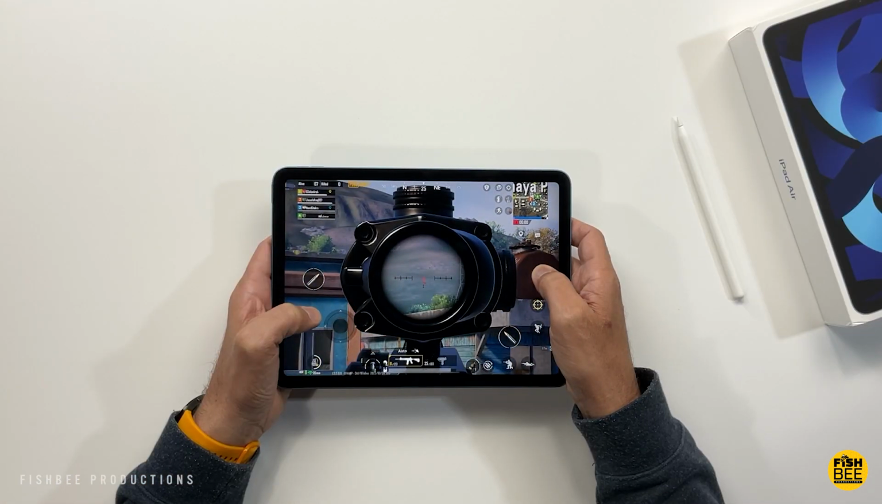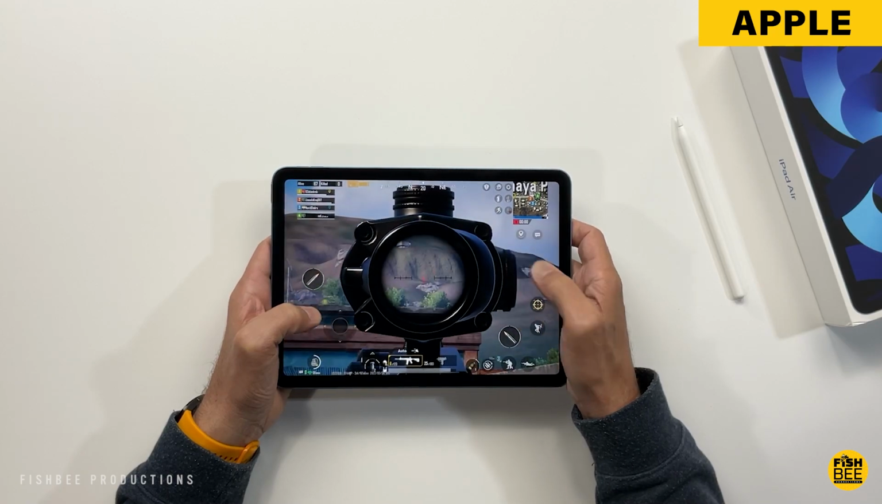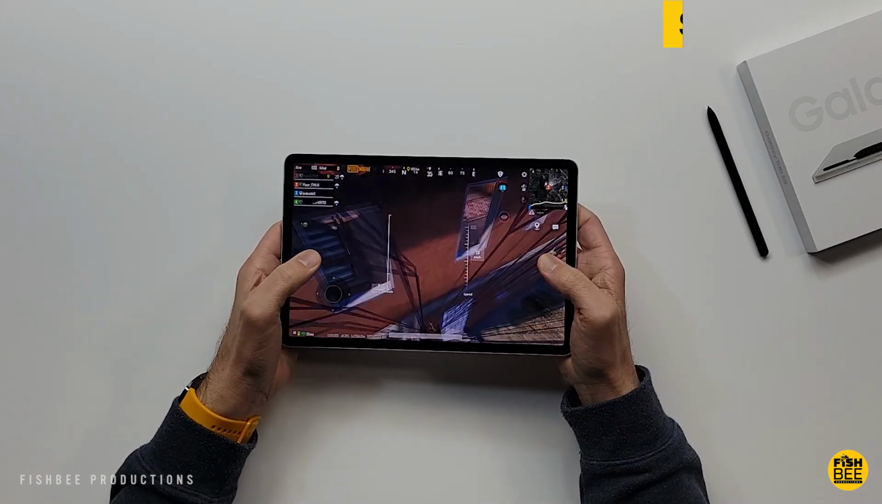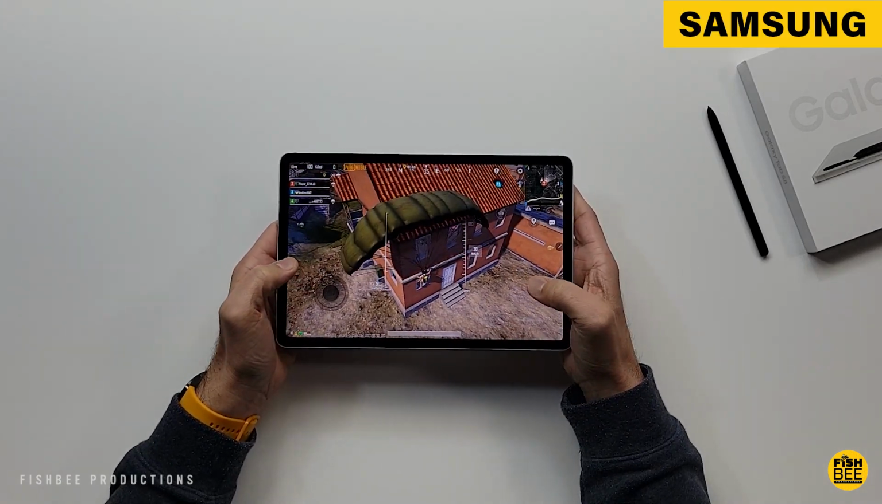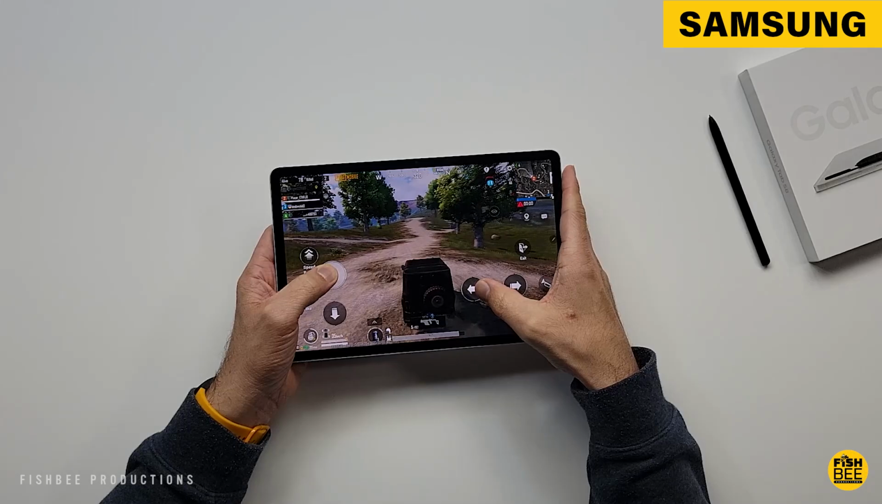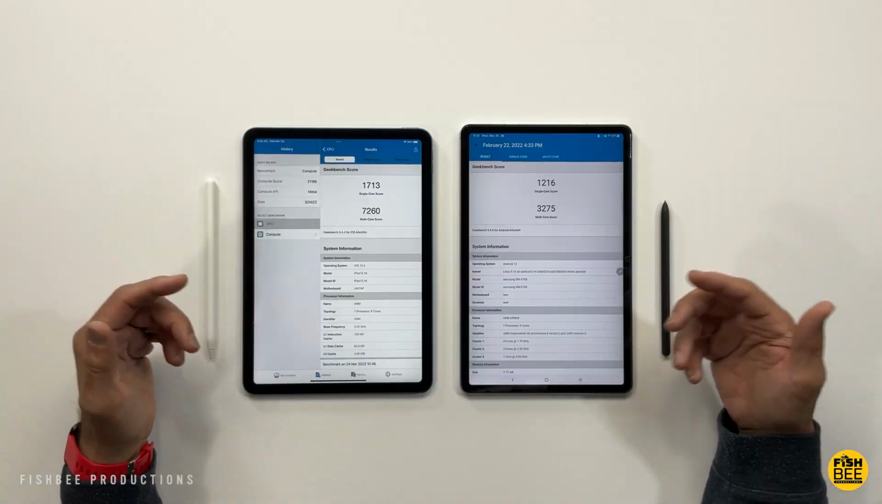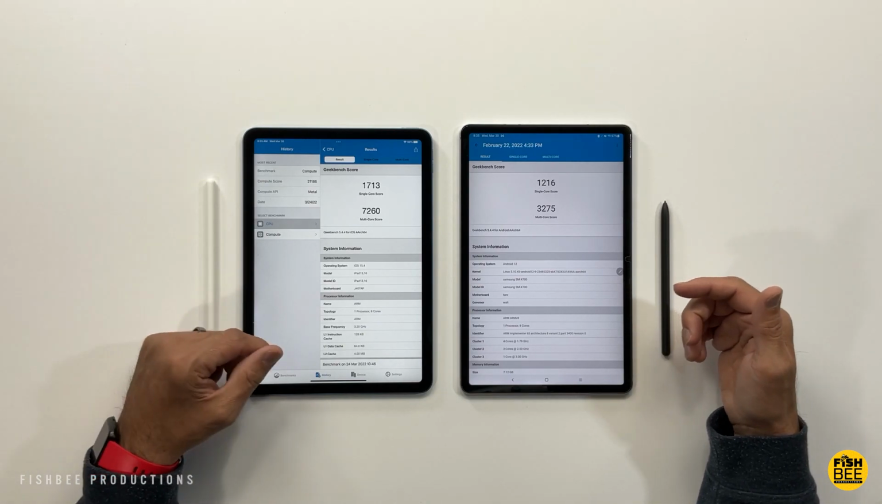When it comes to performance, you're going to get the new M1 processor in the iPad Air 5, making it one of the fastest iPads available. Then you're going to get the new Snapdragon 8 Gen 1 processor in the Galaxy Tab S8. Overall, both tablets feel nice and smooth, and these are going to be some of the best performing tablets you